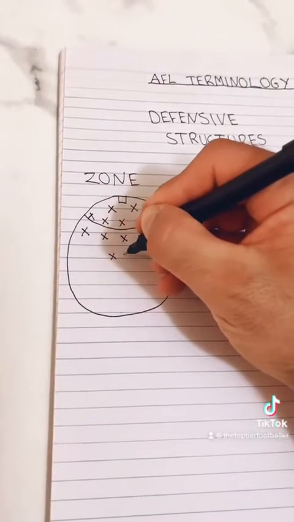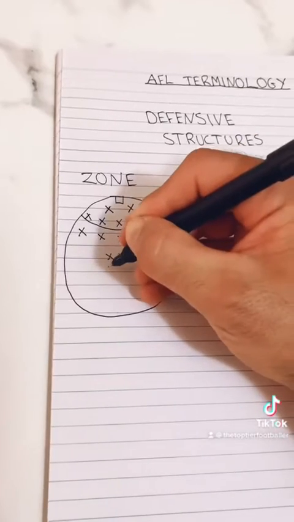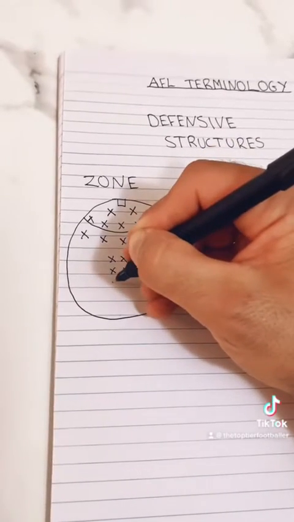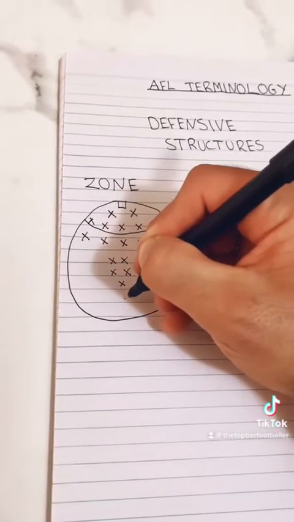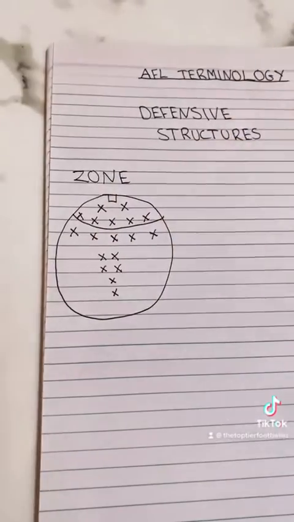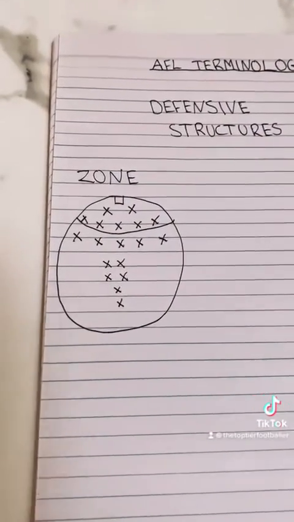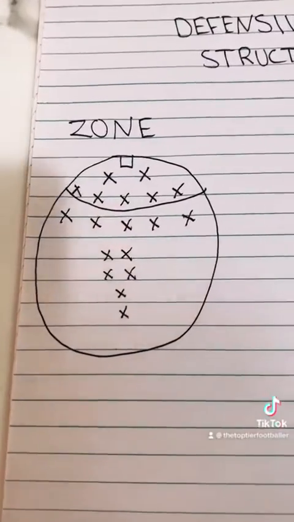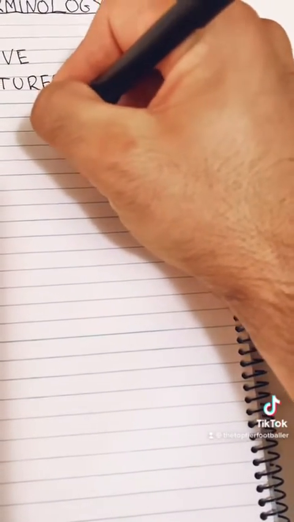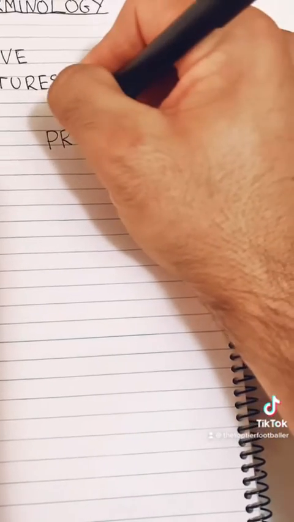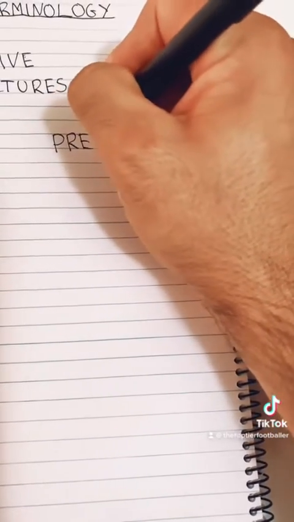So here we've got a 2-5-5 that I've drawn on our little oval here. However, this could be set up whenever the ball is located deep within the attacking 50 of the defending team. So think about a deep out of bounds or a point. These can be a really useful strategy to slow teams down. However, if you're not organised, good offensive teams will just pick you apart. So you need to make sure you get there early, set up and try and guard your space as well